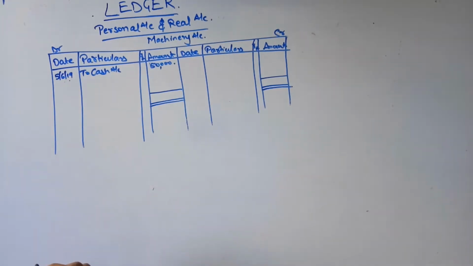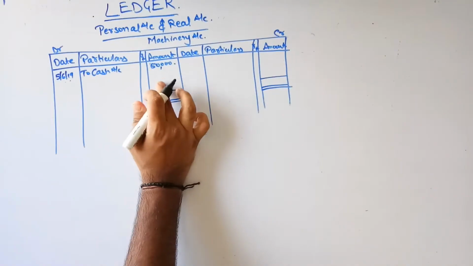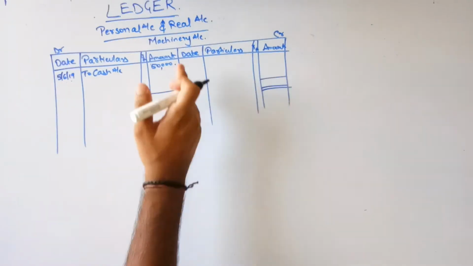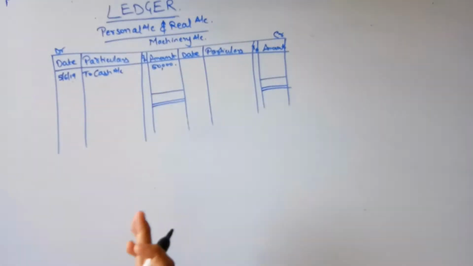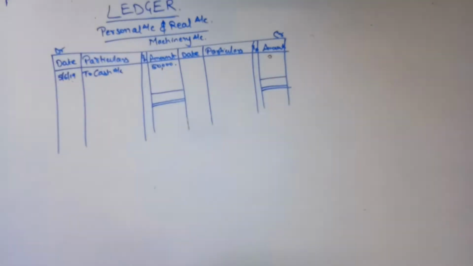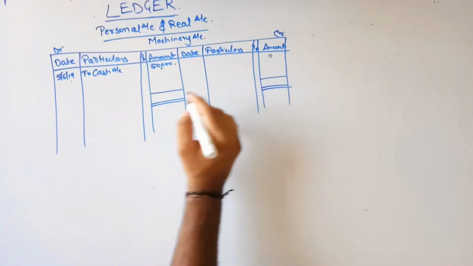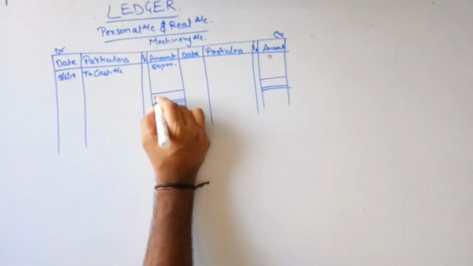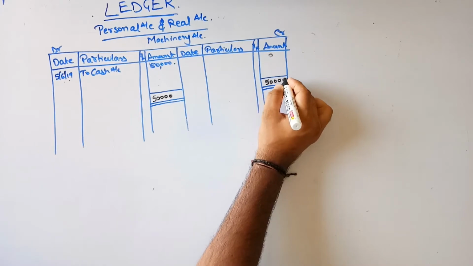Okay, next step, this 50,000. Which side is higher? This is the debit side, this is the credit side. Out of the debit and the credit, which side is higher? This is 50,000. There is nothing over here, so it is assumed as 0. So which side is higher? 50,000. That 50,000 you will write in both these columns. Over here 50,000, here also 50,000.